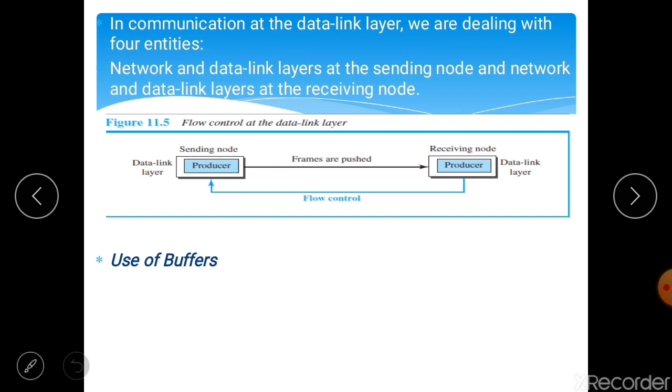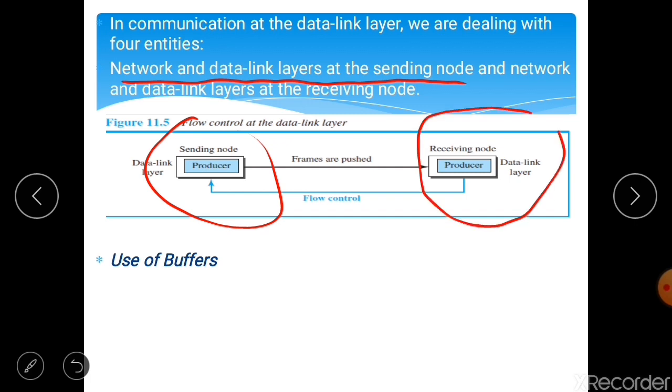In communication at the data link layer, we are dealing with basically 4 entities. That is, the network and data link layer at the sending node, and the network and data link layer at the receiving node.